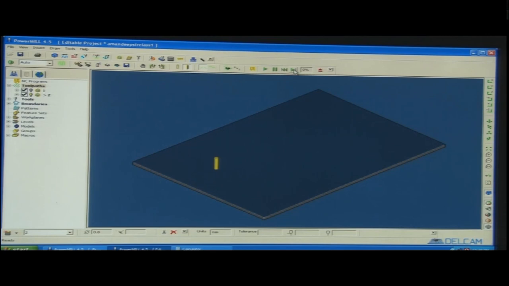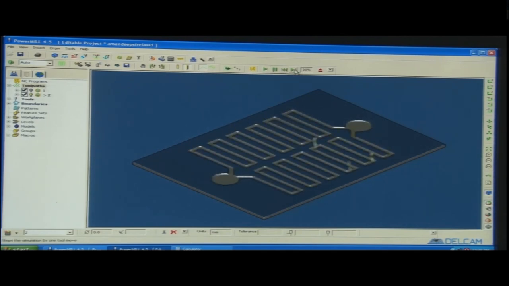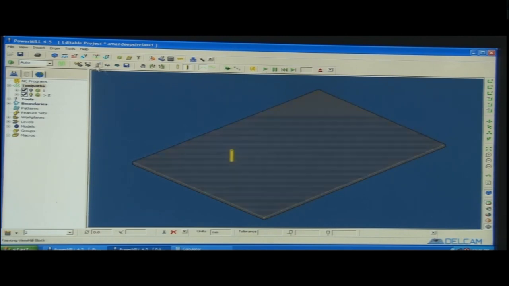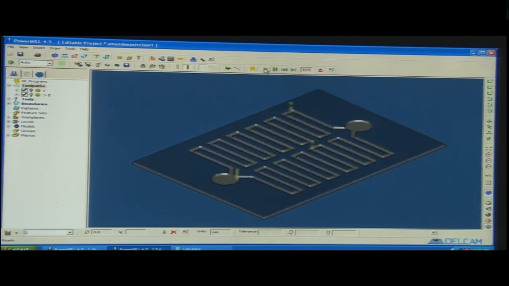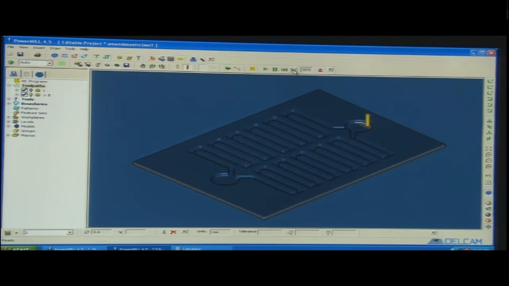Again let us see this rapid position 1, 2, 3, lead in, okay. Now, this is the complete machining, 100%. So, again repeat complete machining. In this way the tool removes the area. This thin tool is responsible for removing the material. So, that is why it is known as area clearance. Now, area clearance is happening.